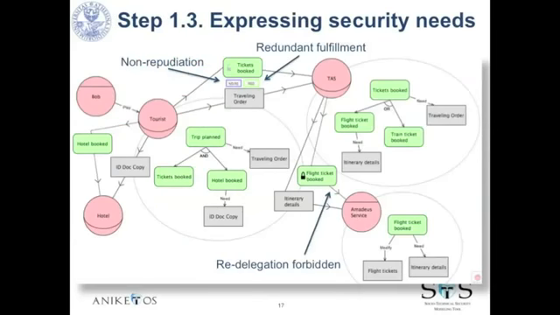For instance, when the tourist is delegating the goal of tickets booked to the travel agency service, it might require redundant fulfillment of this goal because he needs to be sure to have the tickets. So this is the way we express the security needs over the delegations in the social view. Once we have gone through all the steps of the first phase,